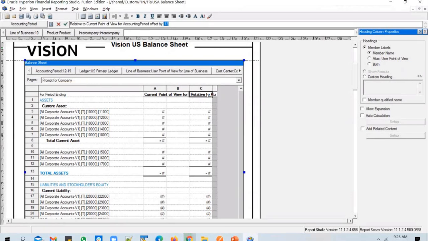Why minus 13? In a year you have 12 periods, so it should be minus 12. It is minus 13 because you might also have an adjustment period. So 12 periods plus one adjustment period becomes 13. If you take minus 13 from 12-19, it becomes 12-18.